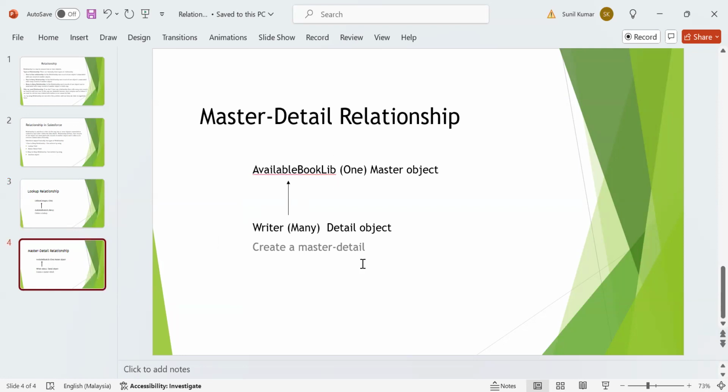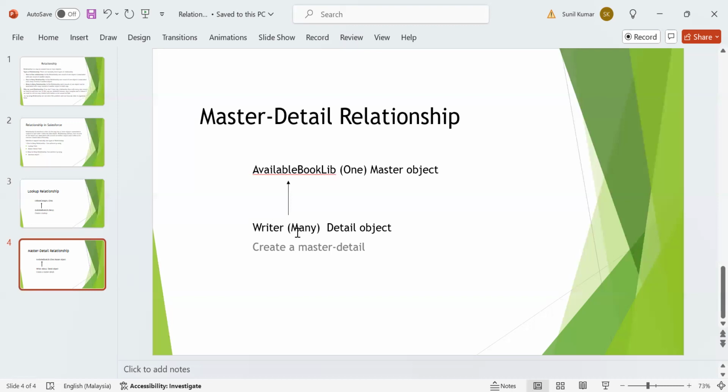So in master detail field, here is my object available book library. Here I am taking it as a master object. It will work as a master object, and here I'm considering the relationship as one, right? And on the writer side I have another object, that is writer. If I'm talking about the programming book, one programming book, as I have taken the example Salesforce programming, a library can have the same book by multiple writers, right?